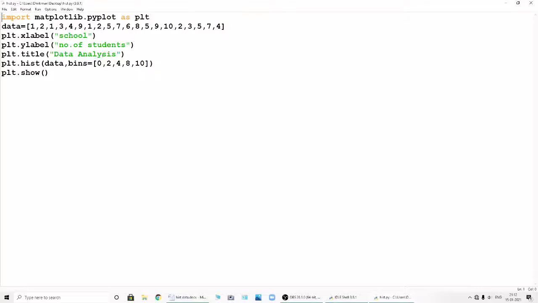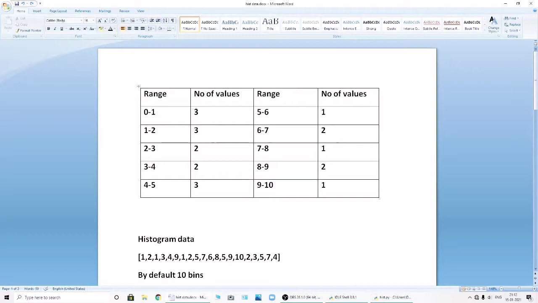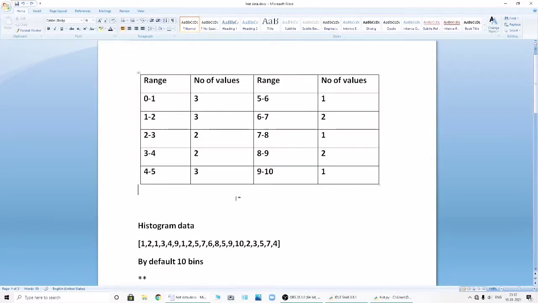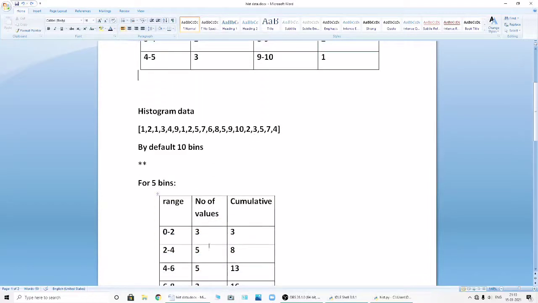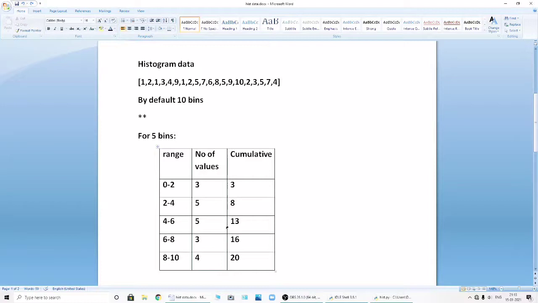But before going to cumulative, we need to know what cumulative actually is. For these ranges, I have explained that by default there will be 10 bins. If I want to create 5 bins, the range needs to be divided in such a way that we can create 5 bins.